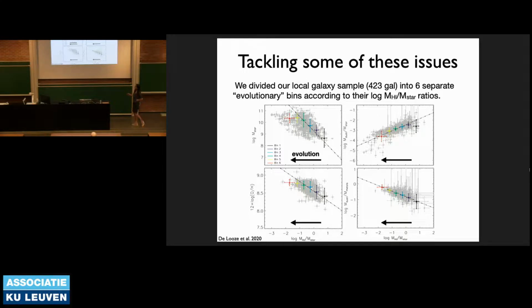Then we look at 4 specific quantities. We look at their stellar mass, their metallicity, their dust to metal ratio, and their dust to stellar mass ratio. And then we try to reproduce the observations. So we've divided our galaxy sample in 6 different bins, indicated by the different colors. And with our models, we're trying to reproduce, okay, with what kind of levels of supernova dust production, dust destruction, grain growth, can I actually account for each of these observed data points, and for their amount of stellar mass, now their amount of dust mass in the galaxy.